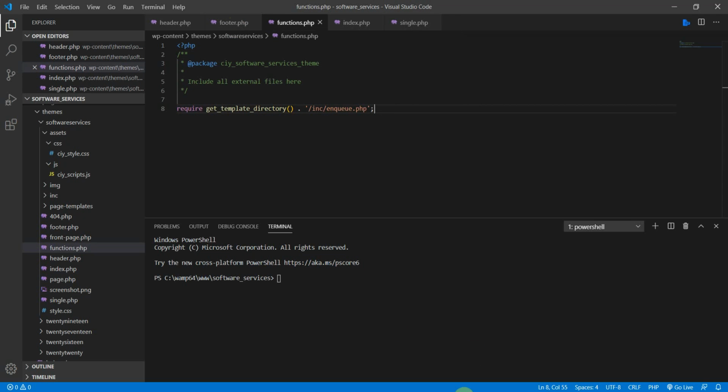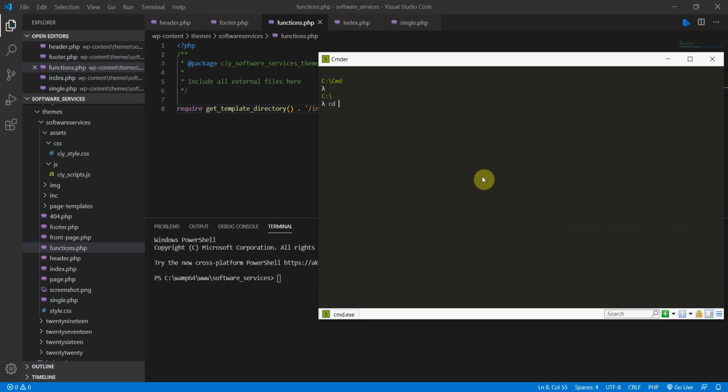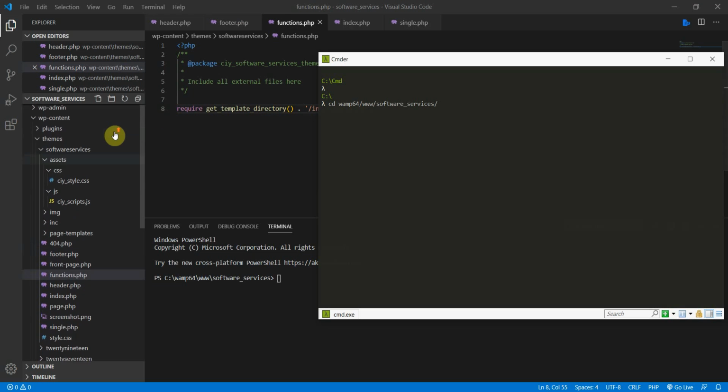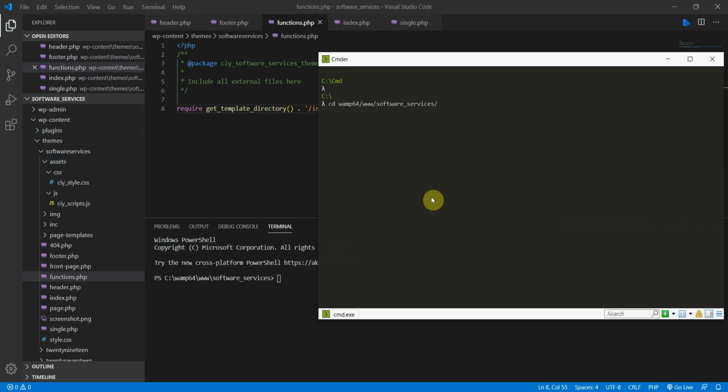Okay. So if we go back to our terminal, just do VAMP64 backslash www and backslash software underscore services, and in here we need to go into our themes. Before themes, there's something called VP content. VP content, and then into themes, and then software